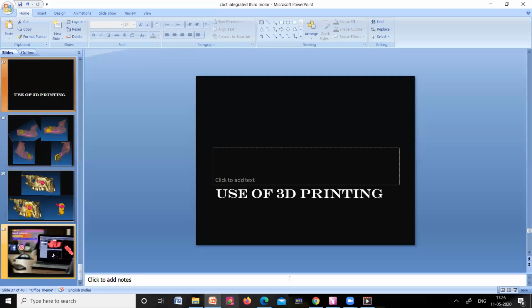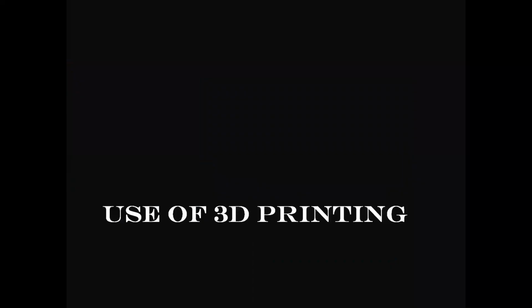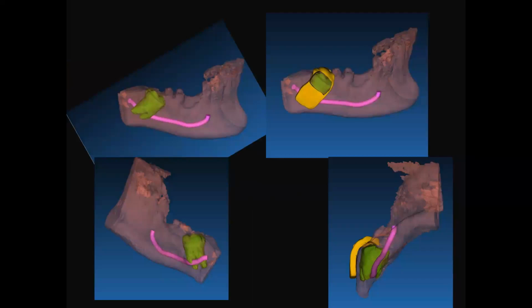Now coming back to the presentation, what are other things which can help? Like 3D printing can help in third molar extractions. Like over here, in case there is a completely embedded tooth in the bone, in case of extracting those teeth, I need to create a window into the bone to remove the coronal half and later the apical one third, the root part, in case we want. Or even you can do the coronectomy. So that depends upon the surgeon. With the help of 3D printing, we can prepare a guide which tells you that this much amount of bone you need to remove to expose the coronal half. So you can use such surgical guides.